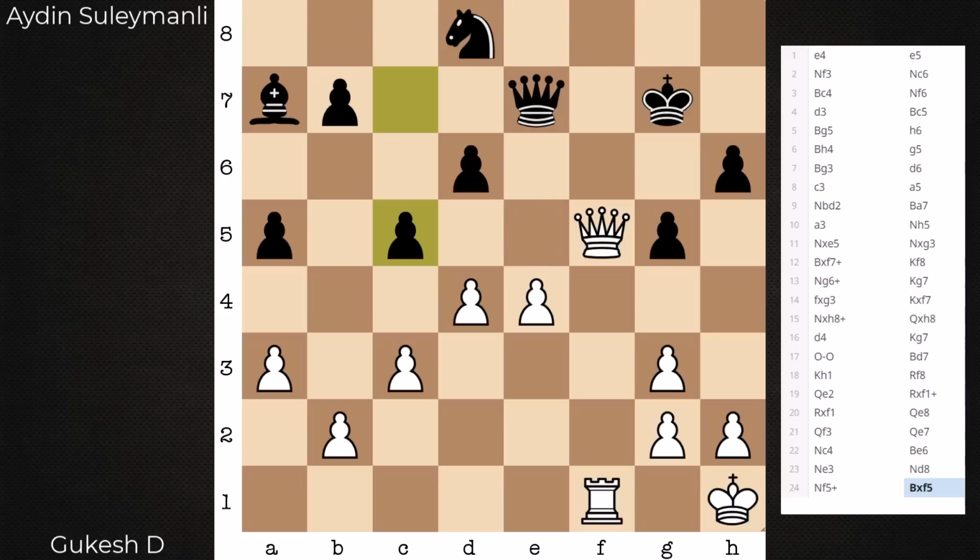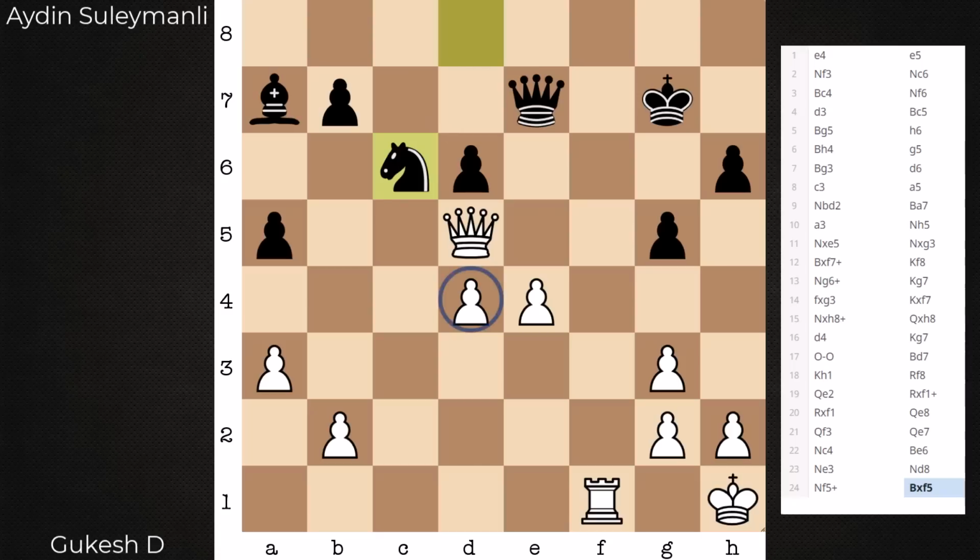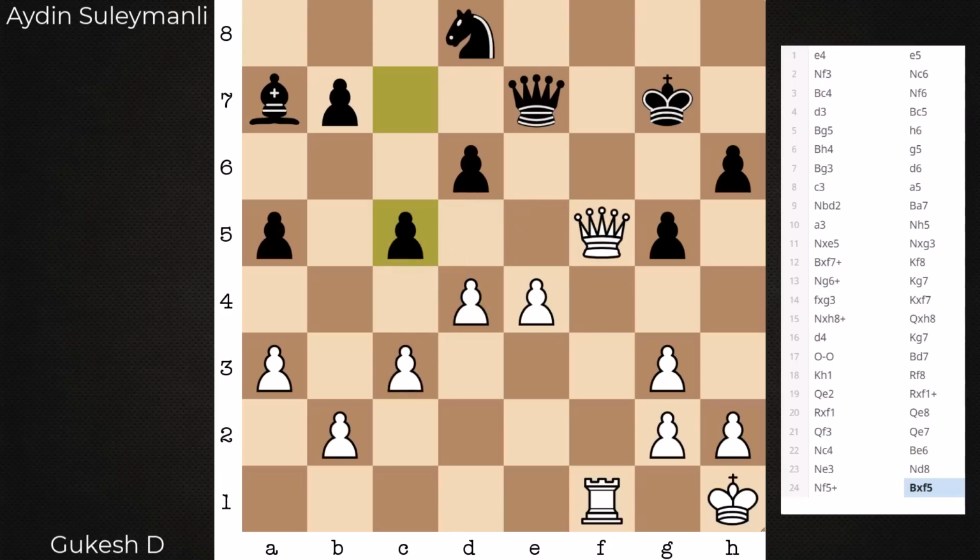So what would white do here? If you take on c5, there you go. Black can look forward to putting the knight on e5 one day. If you try and maintain the pawn on d4 with, let's say, queen d5, black could increase the pressure on d4 like this. Not so easy to address this threat on d4. Also, if you respond with